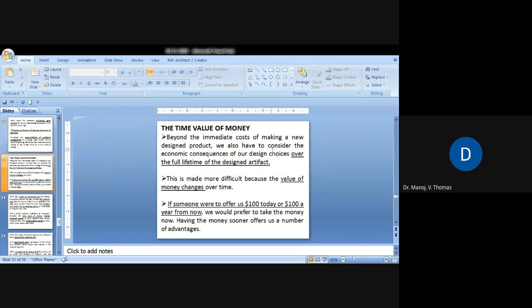Beyond the immediate cost of making a new design product, we also have to consider the economic consequence of our design choices over the full lifetime of the designed artifact. This is made more difficult because the value of money changes over time. Say, for example, someone offers us $100 today or $100 a year from now. Which would you prefer? Somebody will give you $100 today, and you have two options: you can select $100 today, or $100 after 1 year. So most of us